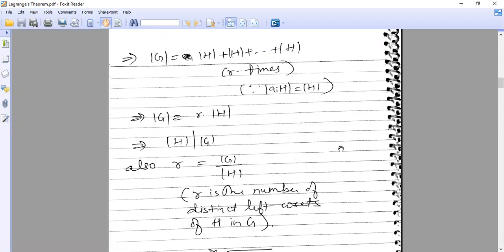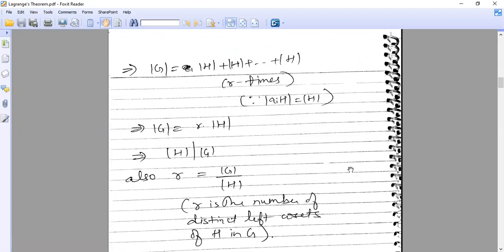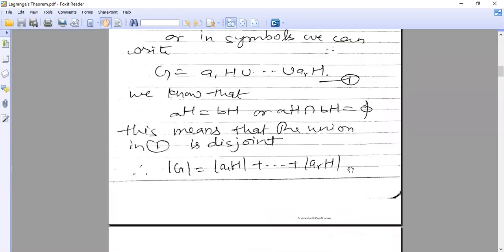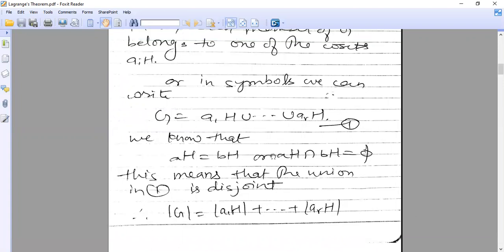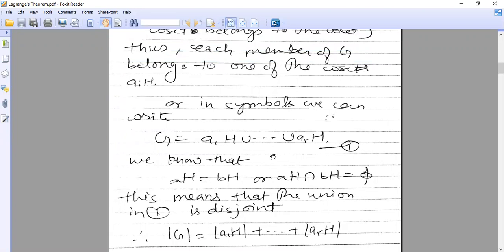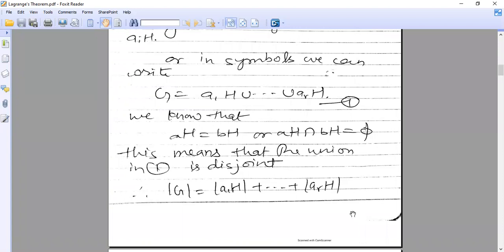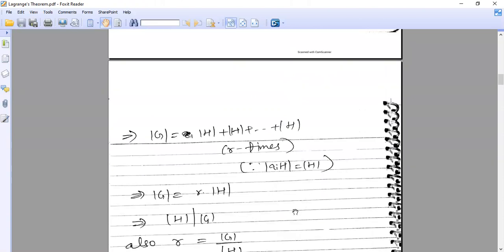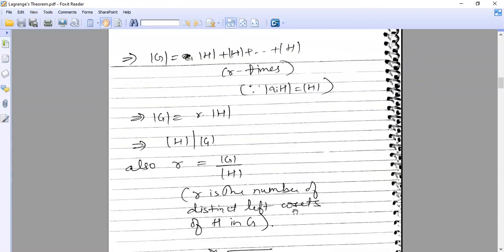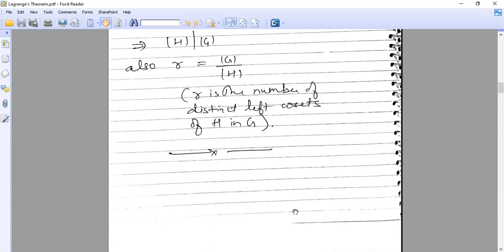The proof is really very simple. Once you know that the group is finite, and you know these one or two results, that this result is very important, that when you have two cosets, then either they are the same or there is nothing common. So because we have taken the distinct cosets, they have empty intersection, so the orders of these two sides will be equal, and then just 2-3 lines, and this proof is complete. So Lagrange's theorem's proof is very, very simple once you know these two results.